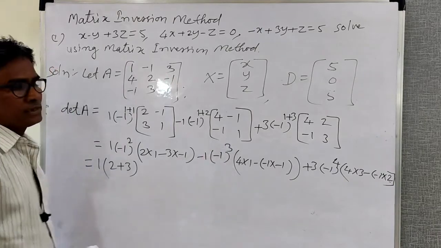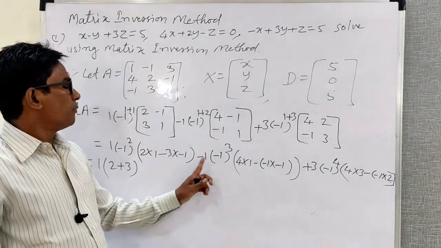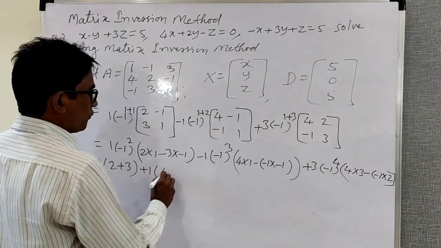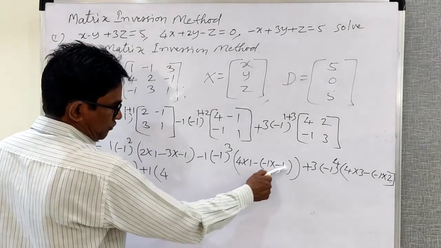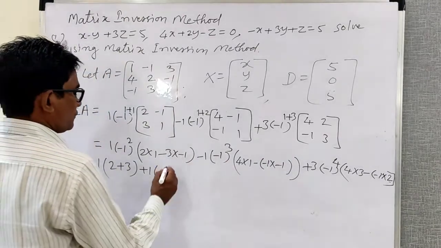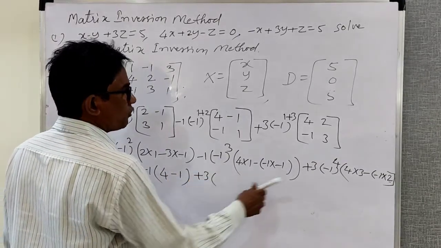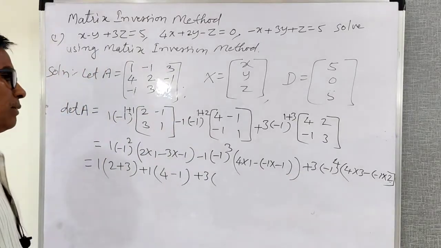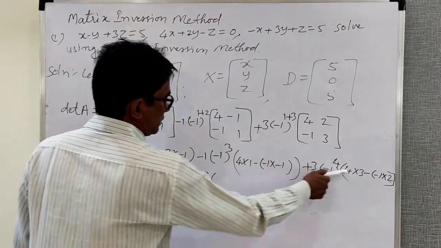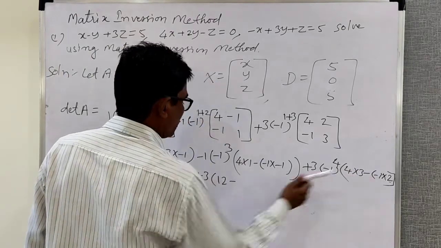So -1 power 3 means -1 because power is odd number, therefore it is -1, -1 into this -1, +1, 4 into 1, 4, minus into minus plus, 1 into 1, 1, 1 into -1, minus 1, that is minus 1, plus 3 into minus 1 power 4, power is even number, therefore it is plus 1, plus 1 into 3 plus 3, and this is 4 into 3, minus into minus plus, 1 into 2, 2,